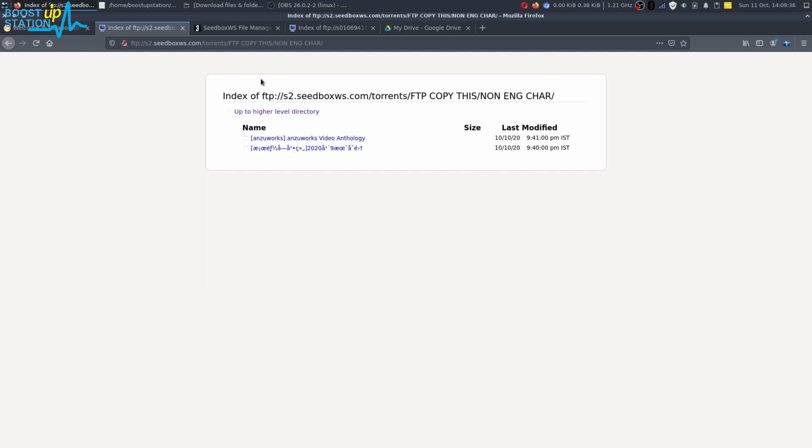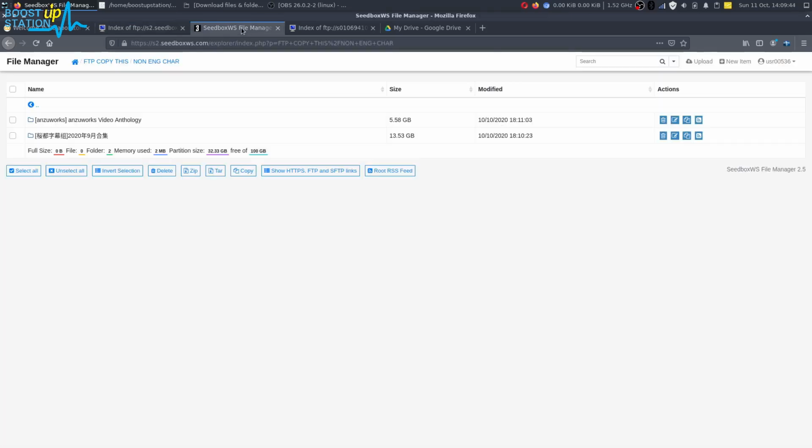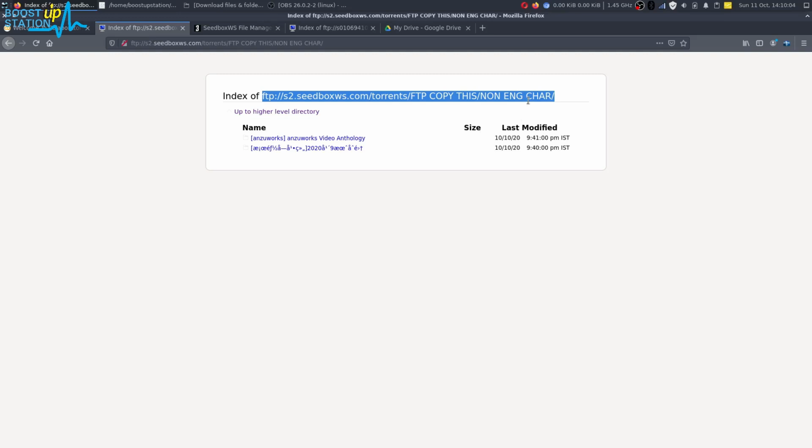This is the location of the folder I'm going to download. Here it is not showing the correct file name, but if we go to the file manager of this FTP service provider, you can see that it is in Japanese. The correct name will be saved, don't worry about it.